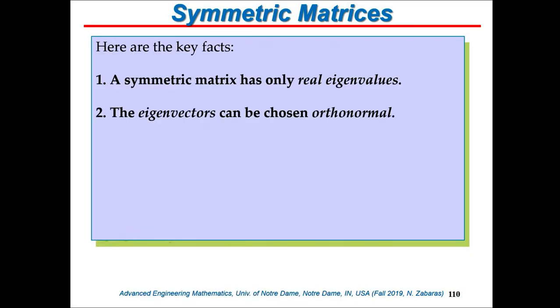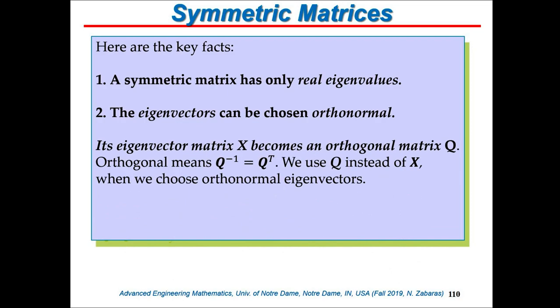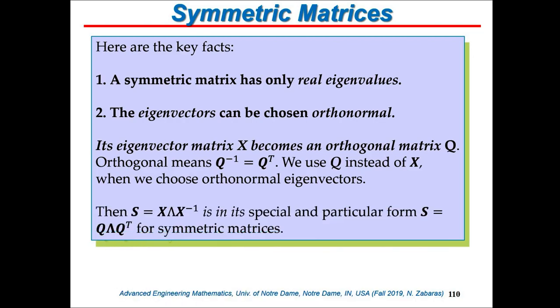And the facts that we have for the case of symmetric matrices are that it has real eigenvalues, and the eigenvectors are orthonormal. So this is a very major statement for symmetric matrices,